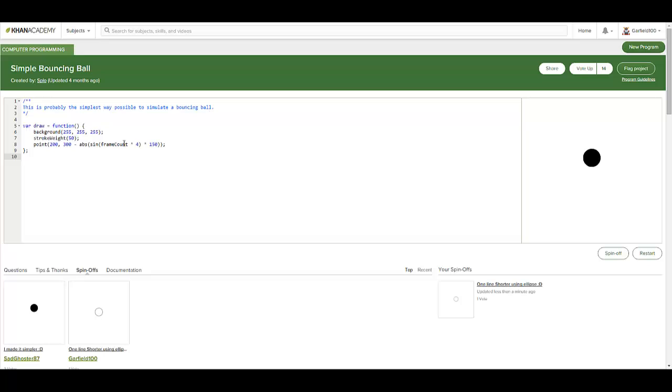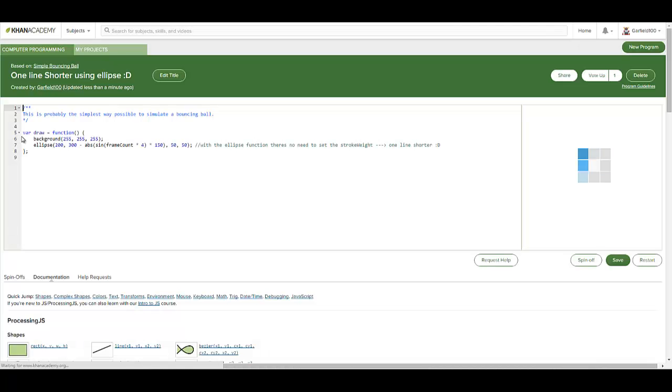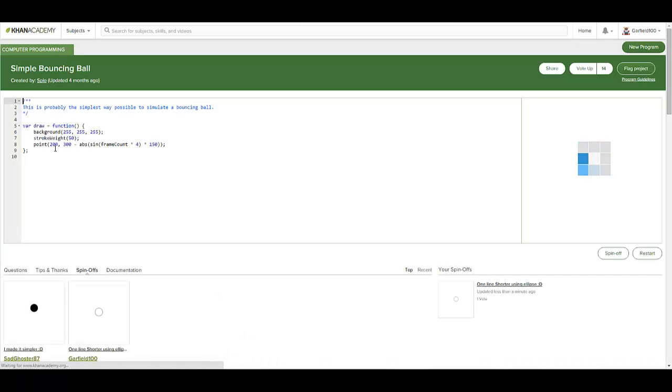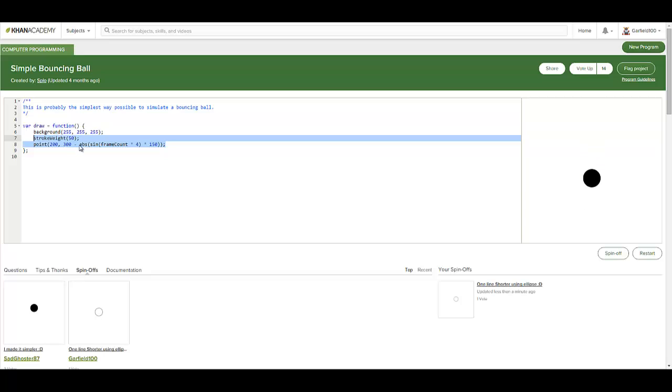this bouncing ball using just 1, 2, 3, 4, 5 lines of code, and I shortened it and made it in 4, because what he did is he used, this isn't actually an ellipse, this is a point. So before, so he could make the ball nice and big, he had to set the stroke weight to 50.